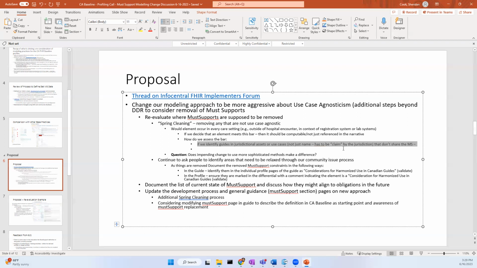Just from a technical perspective, can we reevaluate where must support might stay? So you're saying rather than talk about where to remove it, talk about where it should stay, where it might stay. Okay. So what would you express for that? Well,